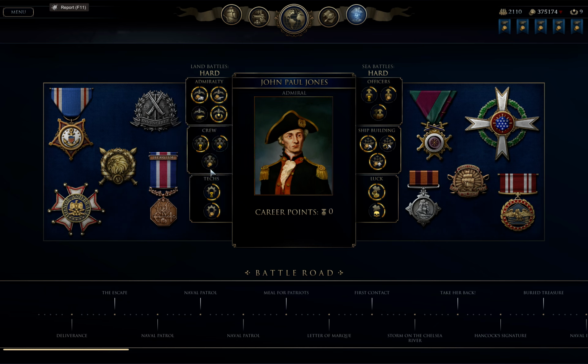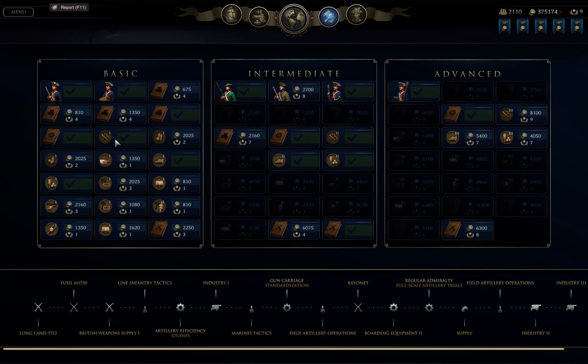Okay, so here's what I wanted to show you. I call it the tiers of tech. Here's tier 1 basic, tier 2 is intermediate, and tier 3 is advanced. So notice there's 3, and then there's a set of 3. So for everything that you see here,